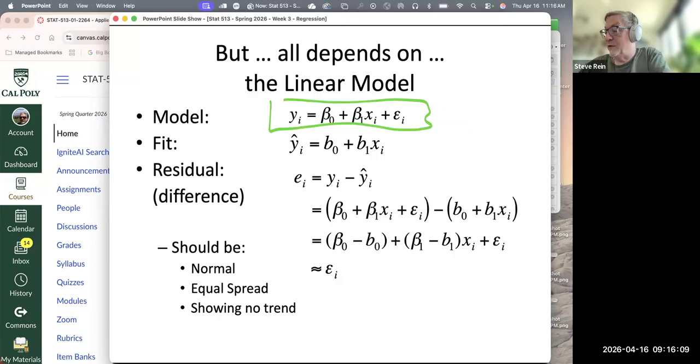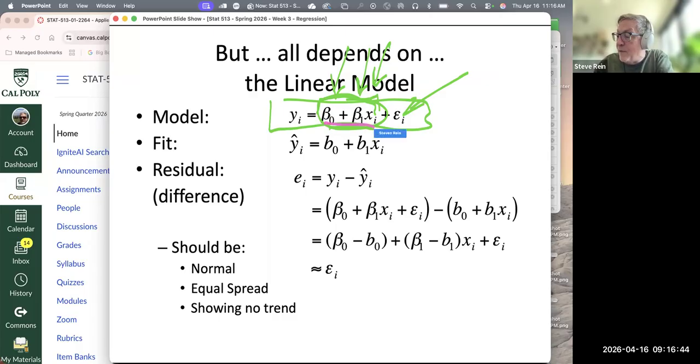Our true model says that yes, there is an average value of y for any given value of x. Literally, if I tell you x and you know beta 1 and you know beta 0, you could plug in and find the typical value of y. Think the typical value of a person's weight based on x, their height. But some people weigh more than others, even at that same height, or other people weigh less than average for their height. So the part that's circled here, maybe I'll switch over to a different color for highlighting purposes.